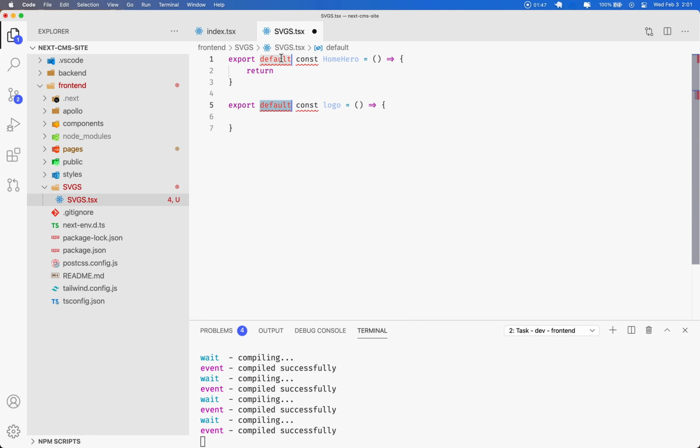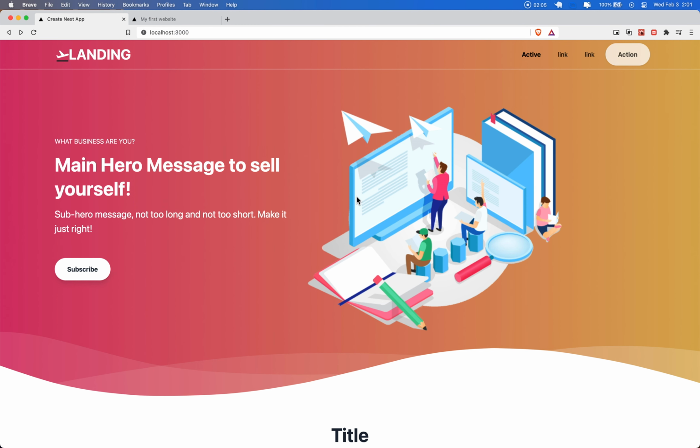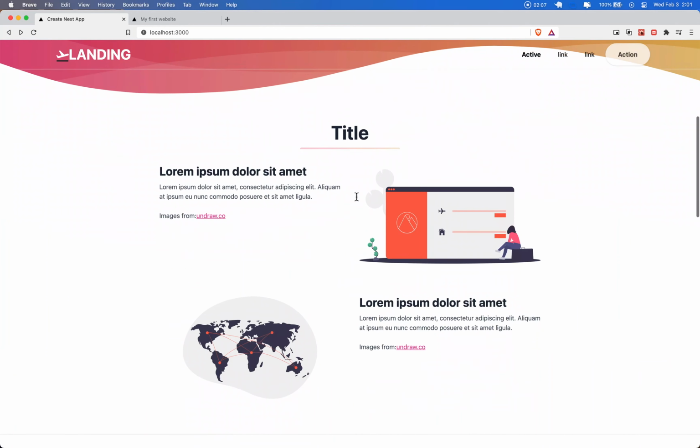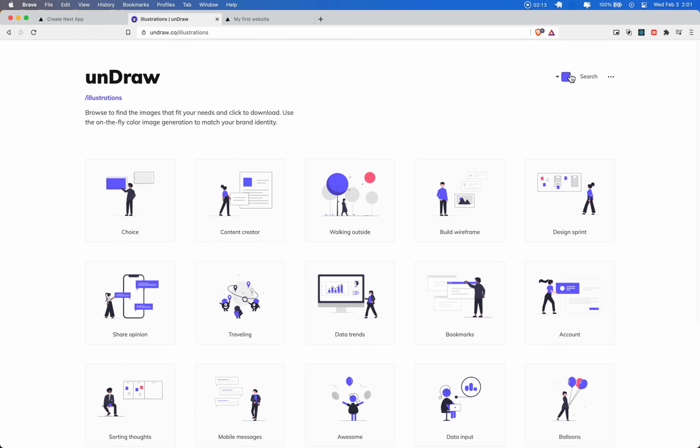Oh, it's not default. It's just export const. Okay, so yeah, we're just gonna put in our SVGs there. You can get these SVGs either from their respective source, and I got them from the main ones. I got them from unDraw, which its own template says it. So I got some of these, and all I did was change the color to blue,